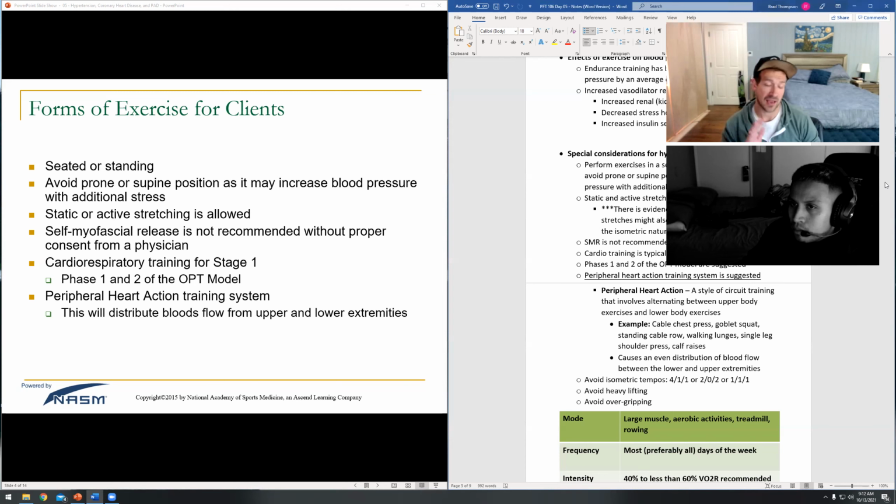But don't change the orientation of their head too quickly. It's very similar to dealing with a client with vertigo. So vertigo is not in the book because it's not very common. But vertigo is